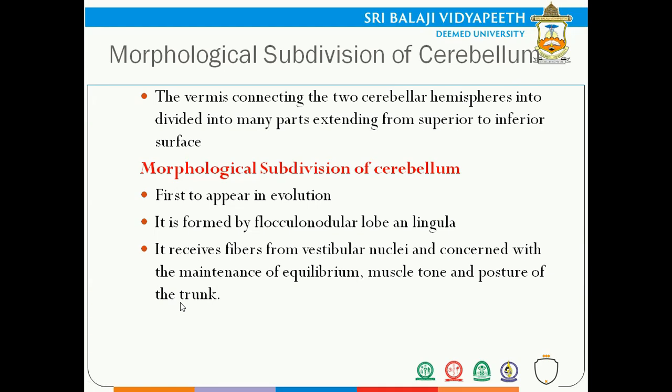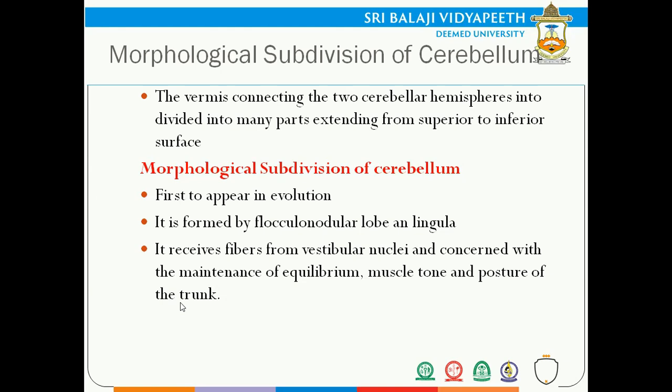Posture, what do I mean by that? It gives you postural sense. When you are able to sit in a chair, you sit erect and in a comfortable position. But when you ask a patient with a cerebellar lesion to sit, he will not be able to sit in a straight, correct way. Instead, he will be swaying to the right and left, and he will not know which is right. So that nature of swaying movement is because of the instability in his posture.